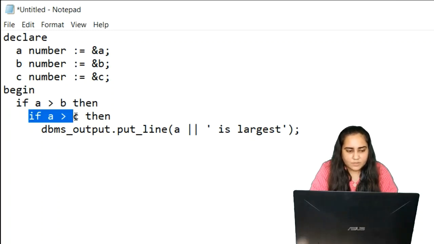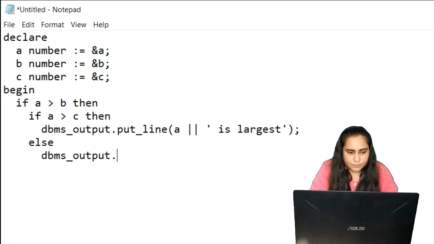So if this statement is false, then that means A is already greater than B, but A is not greater than C, which means C must be greater than A. And so in the else part, I'm going to type out dbms_output.put_line. I'm going to type in this case that C is largest,